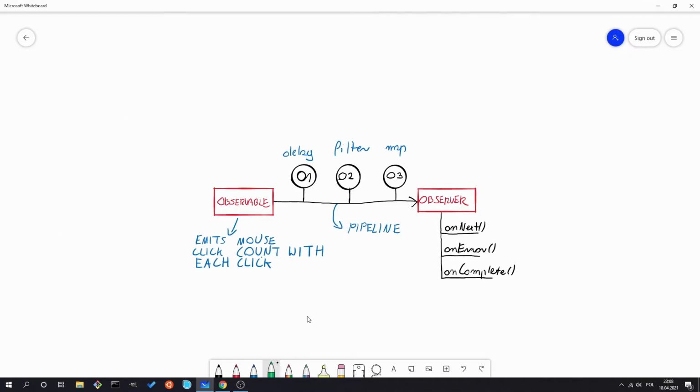Okay, let's have a look at this fancy drawing which I prepared for you. This drawing represents the relation between the observable and the observer. So our observable emits mouse click count with each click, and here we have our operators. In this example, the operators are delay, filter, and map. When the observable emits an item, let's say number 1 in our example, it goes here and encounters the delay operator. This delay operator can, for example, delay emission of the item by 5 seconds. When this 5 seconds passes,